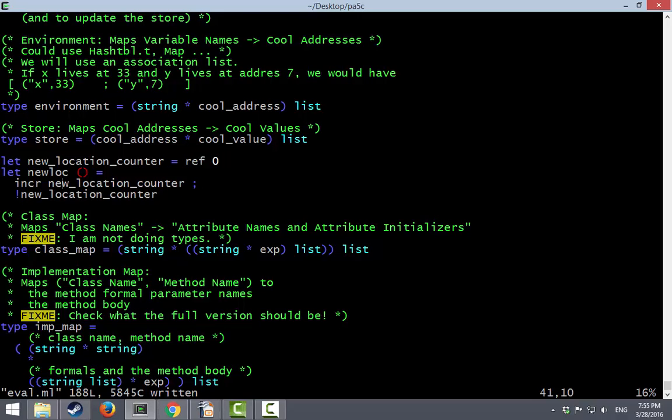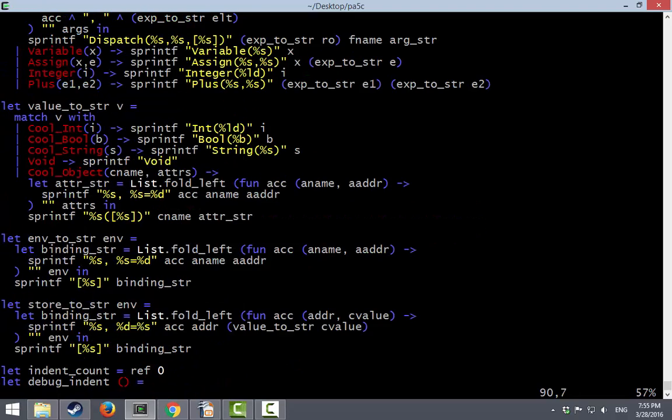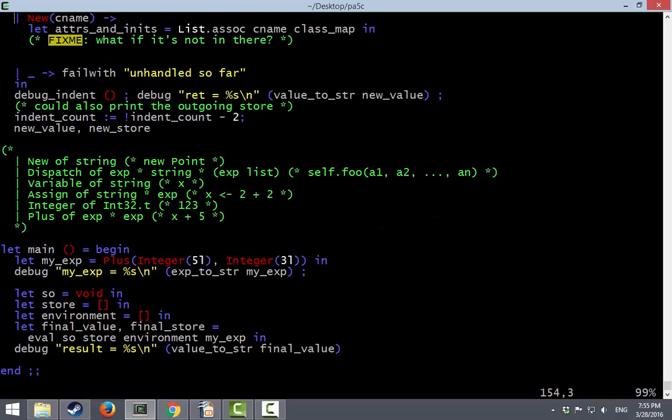We're just going to count our way up. Actually, for easy debugging, just to separate out the numbers that I'm writing from these addresses, let's have our locations start at around 1,000 instead, just so we can tell locations from numbers. All right, so